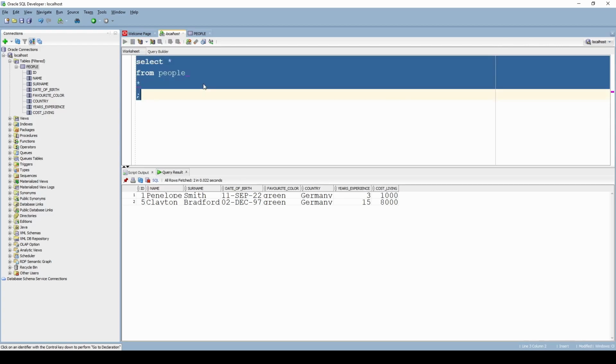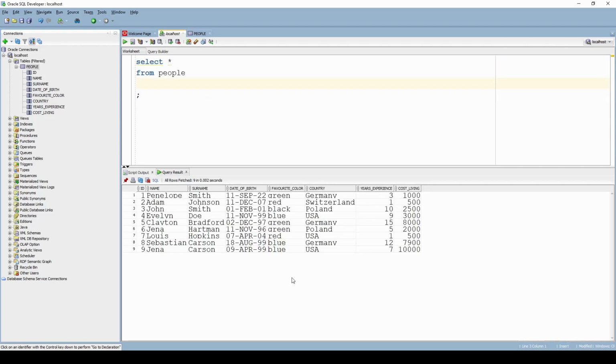So once again, let's go back to our old results. And now let's try to combine what we've learned. Let's try to select all people from Germany and people from USA whose favorite color is blue. So what we do is, once again, we say where country equals Germany, and now we need to use parentheses. So here inside the parentheses, this will be evaluated first. It's just like maths, where country equals Germany or country equals USA, and favorite color